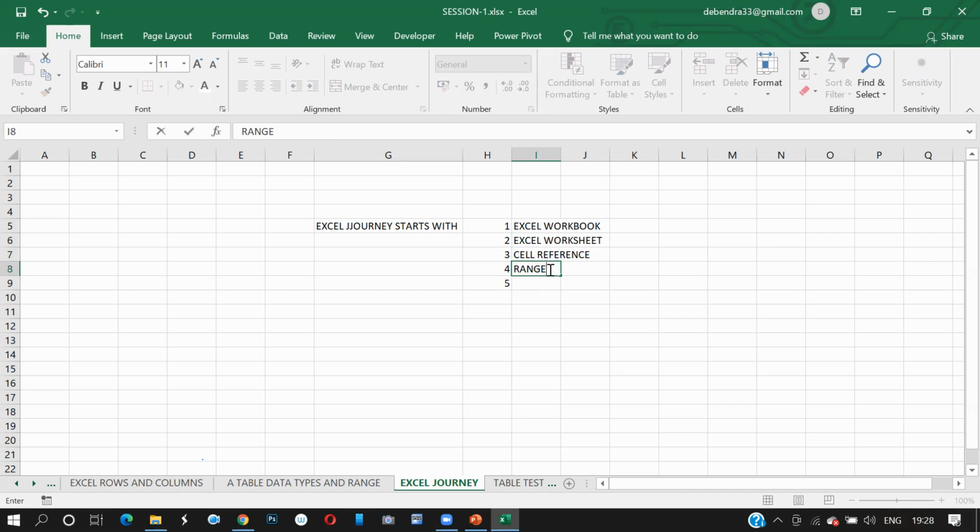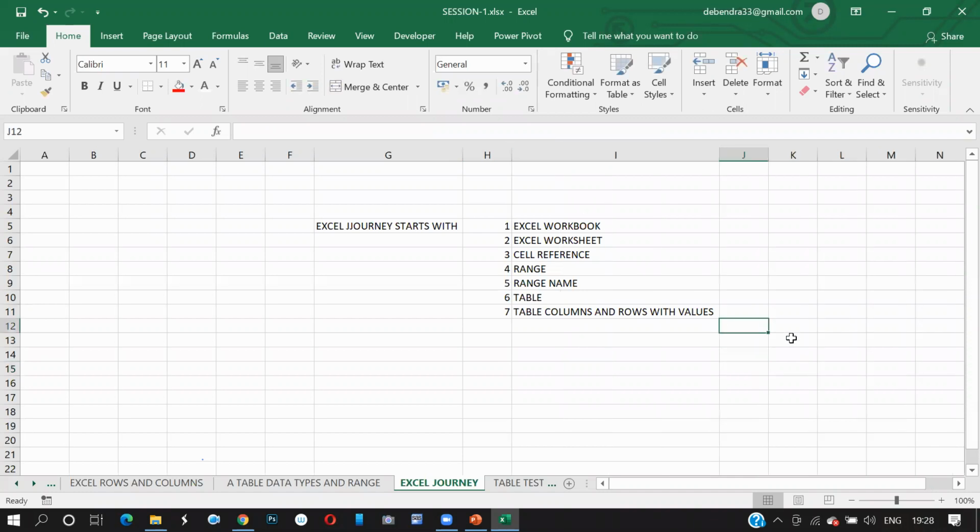Then range name. 6 is table. 7 is table with columns and rows with values. Now, values are of two types. Either it can be a character value or it can be a numeric value. Is this clear now?